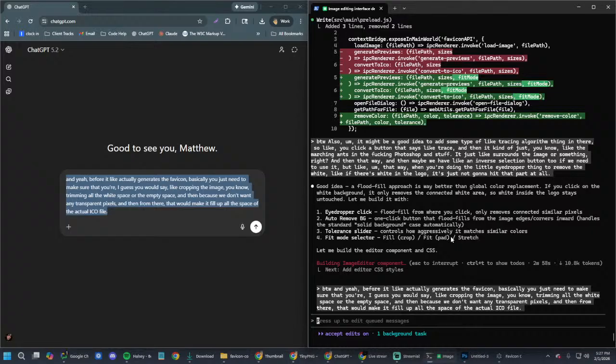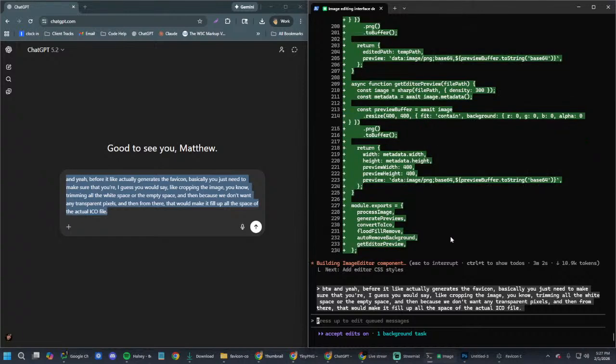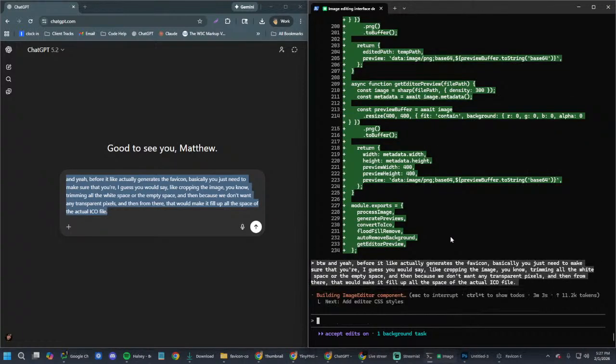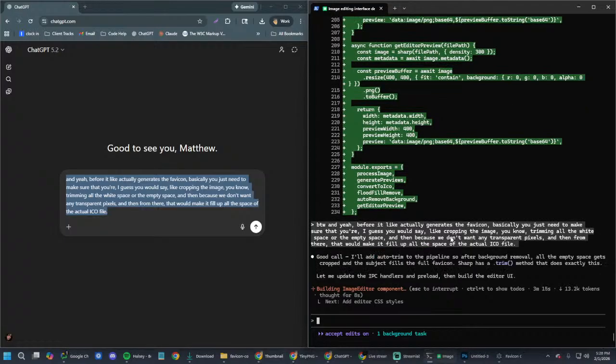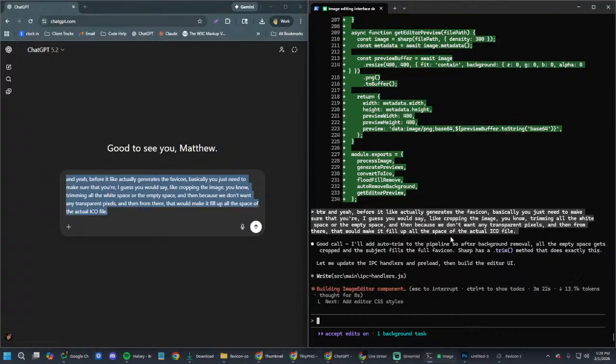When I'm making a favicon, and honestly, most people making a favicon, I feel like they're gonna generate or upload something with a transparent background or whatever. Because if you're making a favicon, you're doing it for a specific reason, and you probably know what you're doing, at least I would assume. Whether it's web development or you're making an app, you can probably upload the right type of file. But